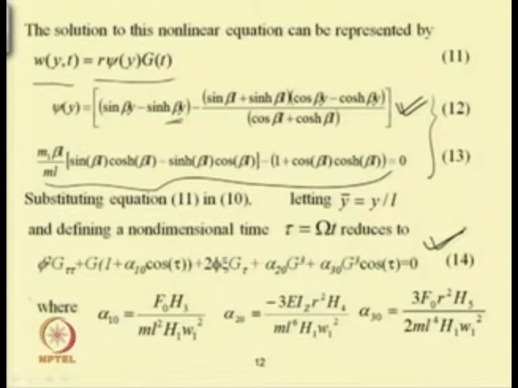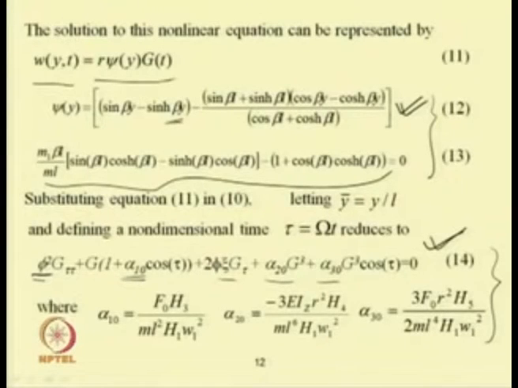Now, the purpose is to find how we can find these coefficients phi square, phi, and then alpha 1 0, zeta, alpha 2 0, alpha 3 0, and how to solve this equation to obtain the solution of the system. To obtain this equation, first one has to find this beta L. How to find this beta L? To find this beta L one has to solve this characteristic equation. There are several methods to find the solution of the characteristic equation. So, some of the solution methods,